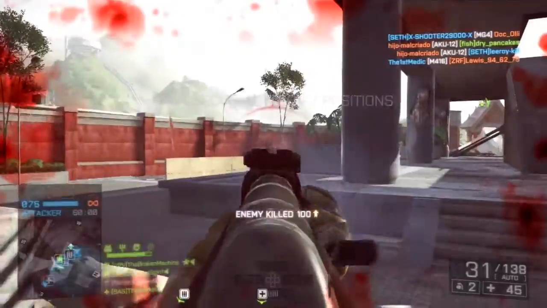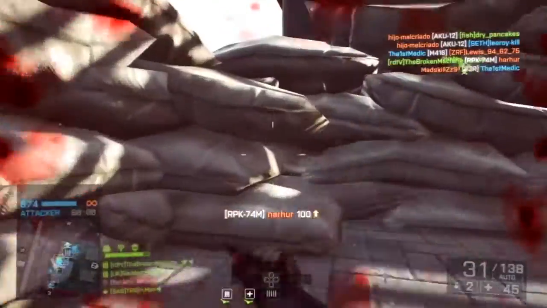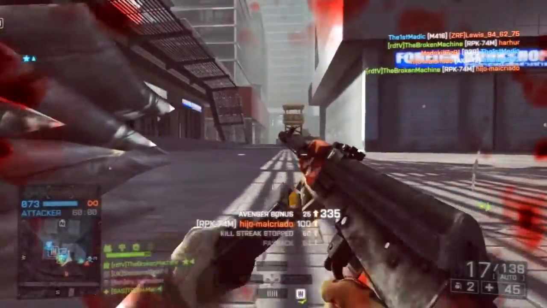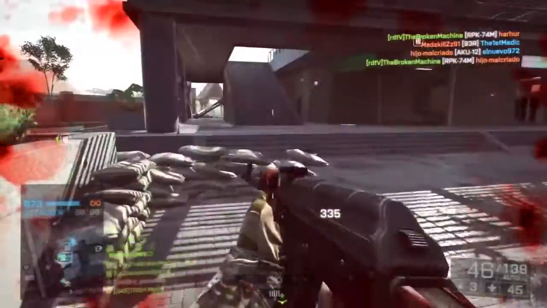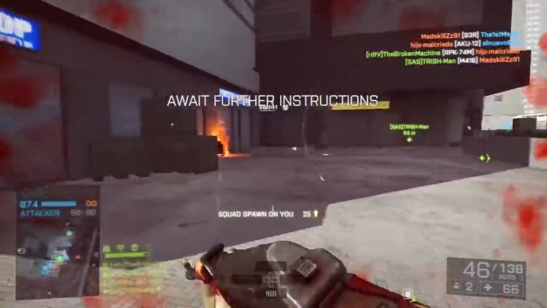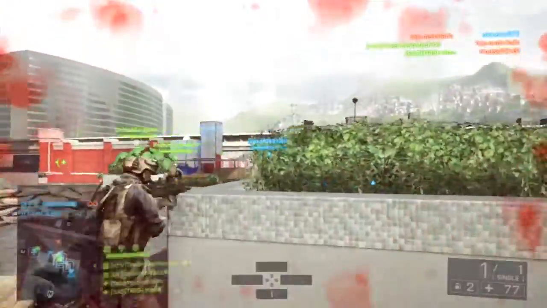So we managed to get that MCOM. We just need to take out a couple of guys here. There's a guy over here somewhere. Where is he? Where is he? Yeah, he's over there. You can see him on the minimap. Just gonna throw a grenade over there. Now,